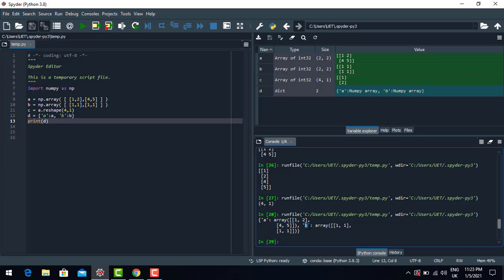Similarly, the key B has the value in the form of a matrix 1 1 1 1.